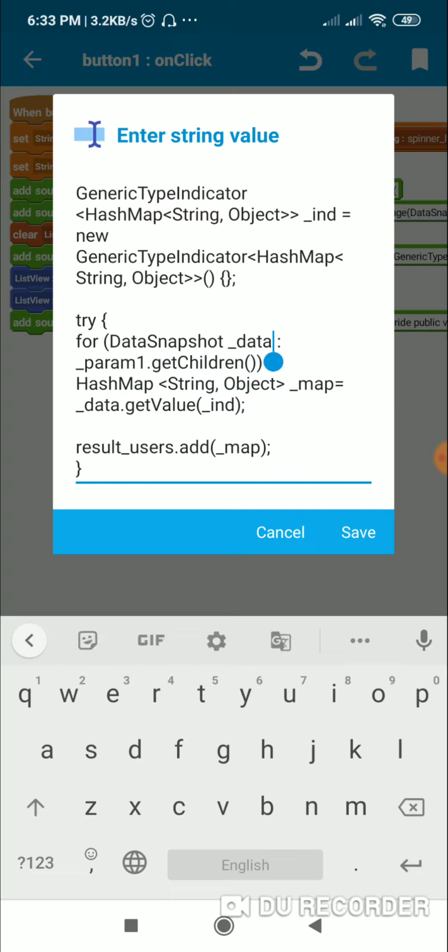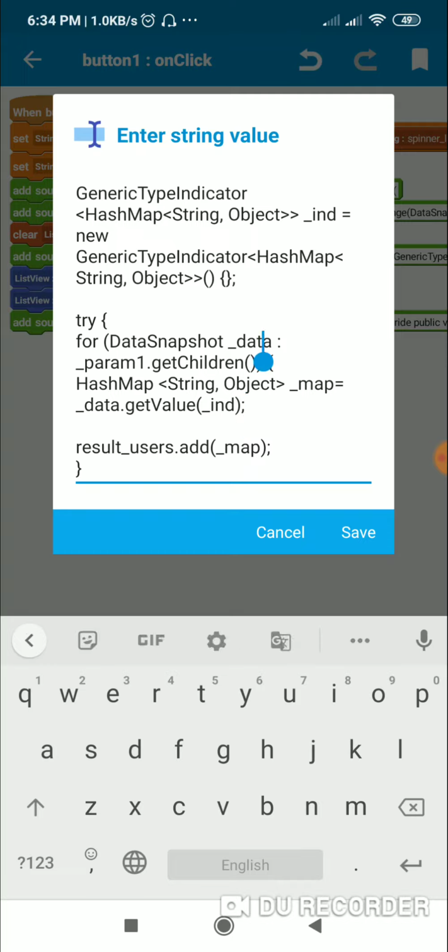So _param1 is the data snapshot, and it contains many children, and each child will be _data in this for loop. So in next line, from this _data I get the value in the form of map variable to this new map variable called _map, hash map string object _map equal to _data dot get value _ind.